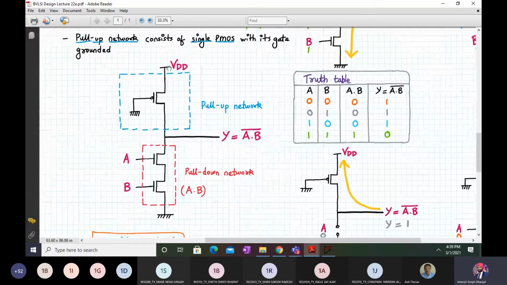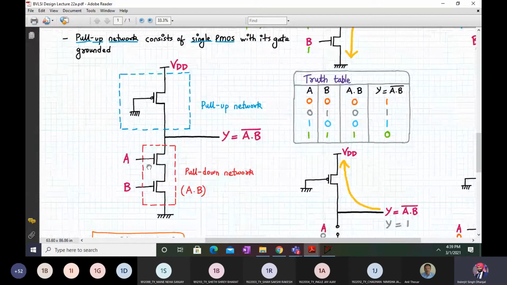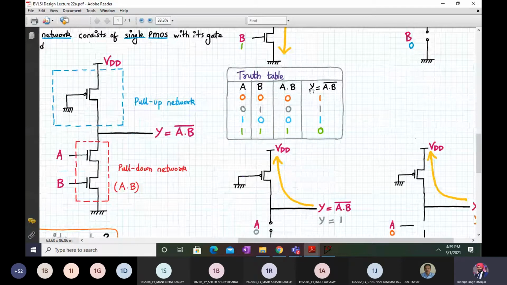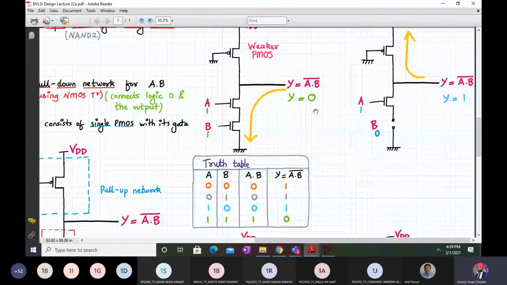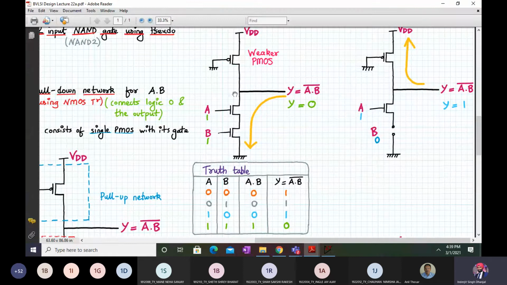So this is my circuit. This is my pull-up network, marked in the blue color box, and the red color box is my pull-down network. And this is my table. For inputs A and B, Y is equal to (A dot B) bar. So the output will be low whenever A and B are both 1 and 1. So let us consider the various cases. So here A and B are both 1. That means both the NMOS transistors are on. They are in series. So your output will be pulled strongly towards ground, because your NMOS transistors are much stronger compared to your PMOS. Fine, we have kept Kn greater than Kp. So for logic inputs 1 and 1, you get output as logic 0, just pulling the output node towards ground.